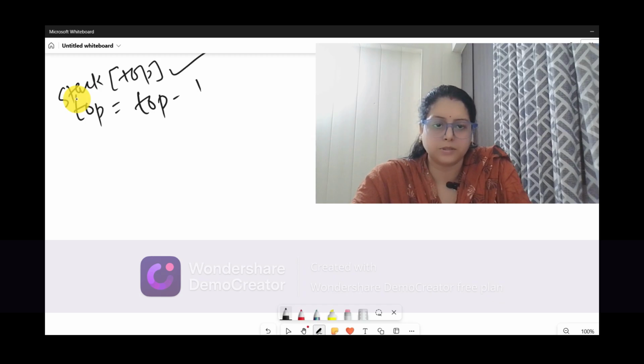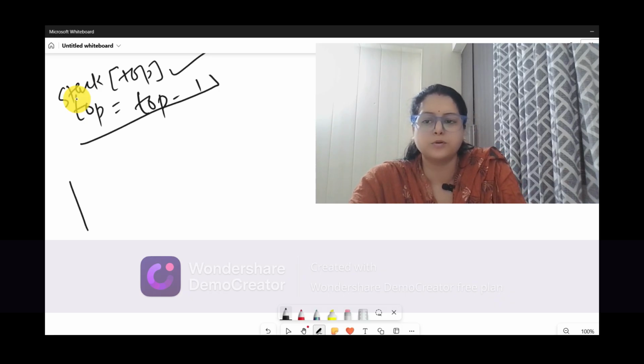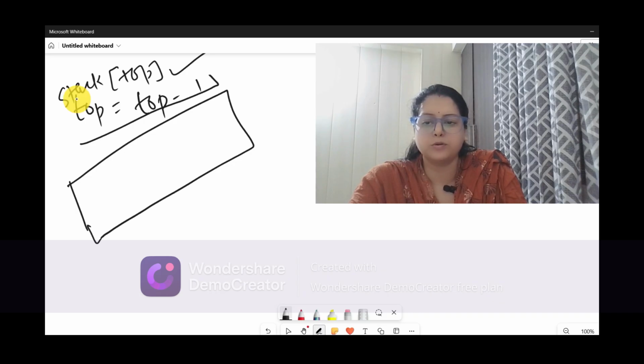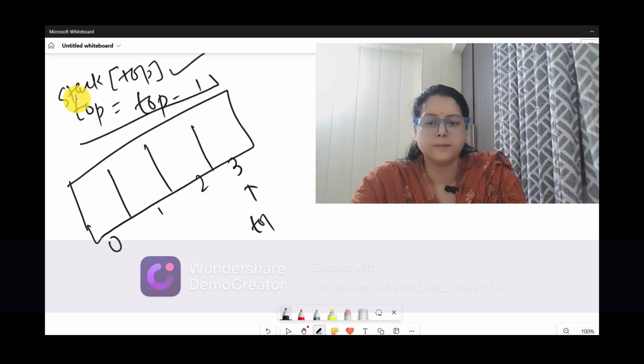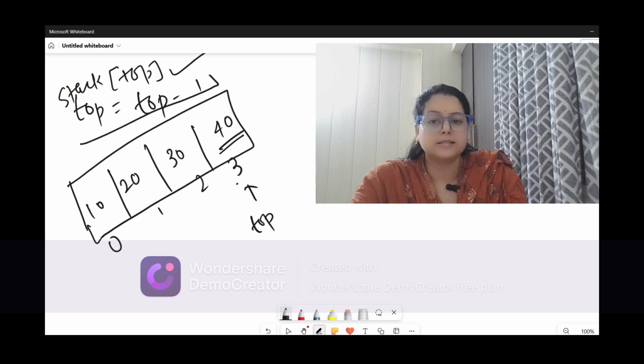Here this is the print statement, meaning no execution inside the memory. Execution is this line. What happens in this line? Suppose this is our stack and the positions are 0th, 1, 2, 3. So we have reached up to the third. Our top is on the third. So this element needs to be deleted. What we have done actually is we have not deleted the element. Let's suppose 10 is there, 20 is there, 30 is there and 40 is there. 40 will not be deleted. Only the top will be shifted from the third position to the second position, so top will now be second.